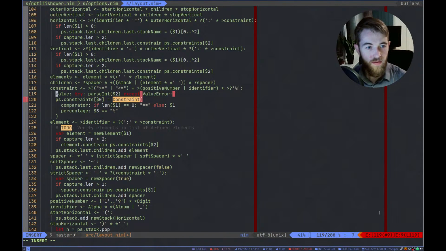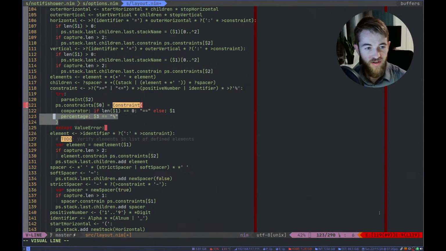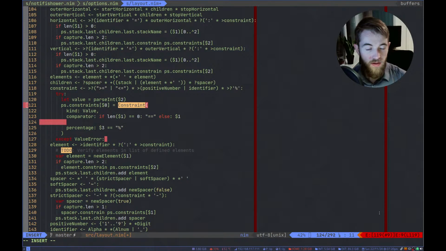You know what, let's do this. Try parseInt, place that down there. I was trying to avoid having to do this twice, but I think this is actually easier. And this is kind of value, and just let the value be equal to this. And here, let's say value is equal to value.